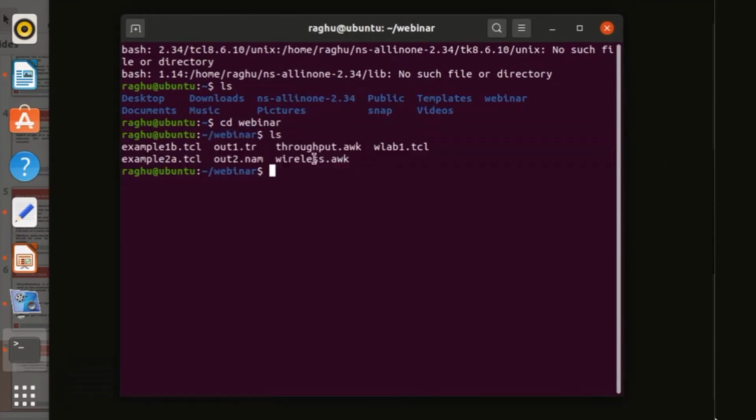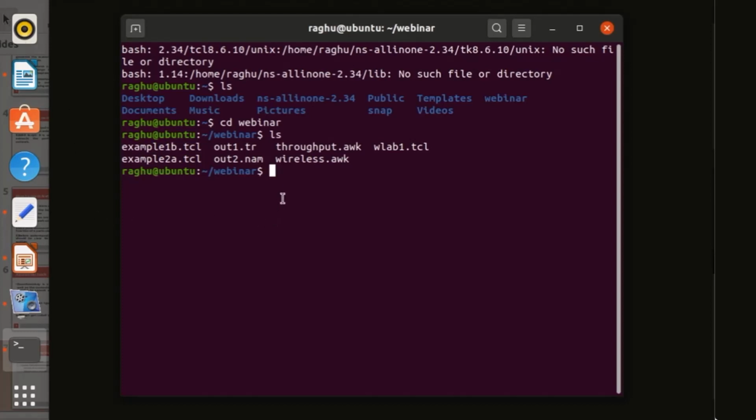So here in my webinar folder these files are there, so I can run only the TCL file. TCL file contains the scenario. I can run only the TCL file. Currently the file I was showing to you is example1b.tcl.